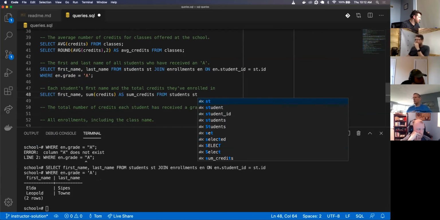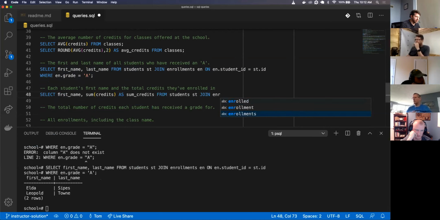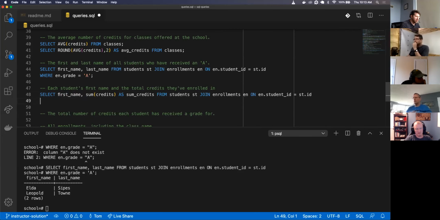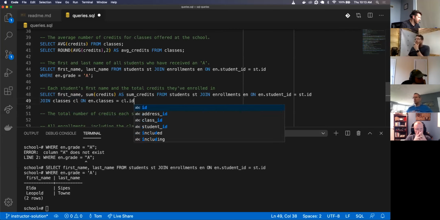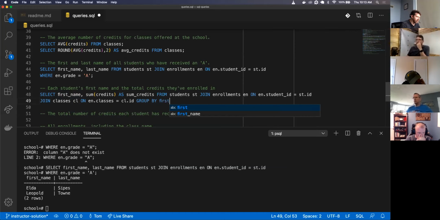Rename it to ST. I'm going to join enrollments EN on en.student ID equals ST.ID. I'm going to join classes CL on enrollments class ID equals classes.id. And I'm going to group by first name.